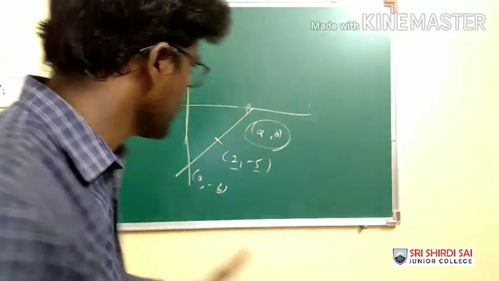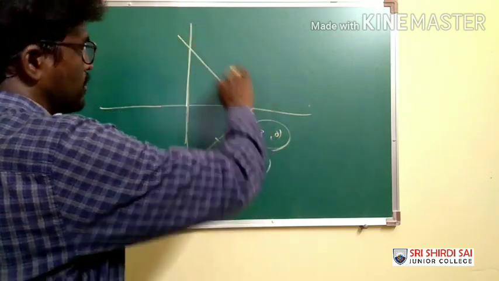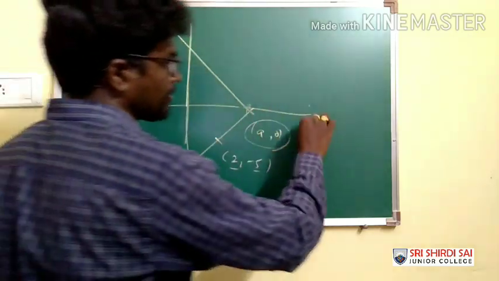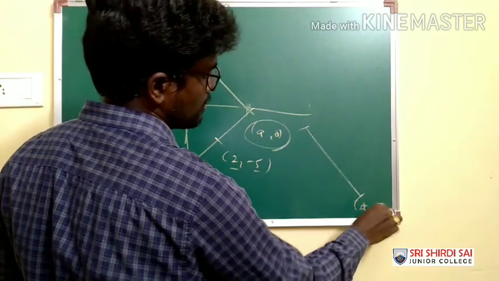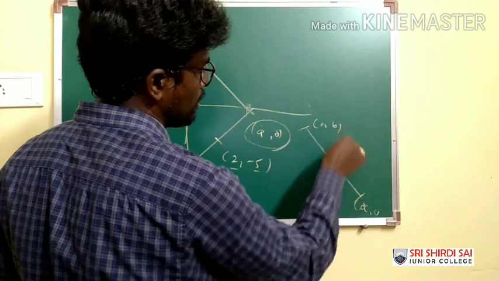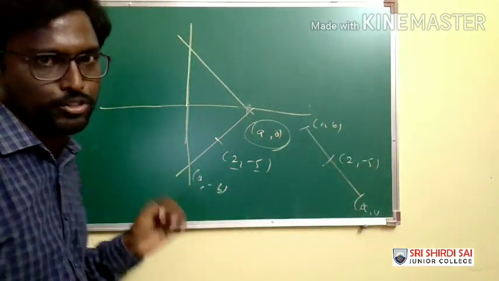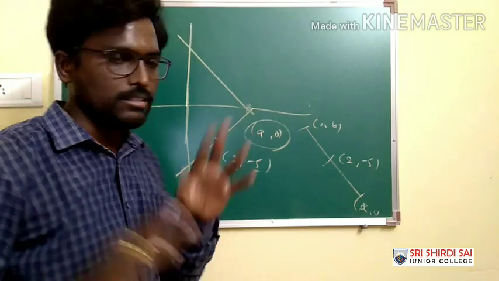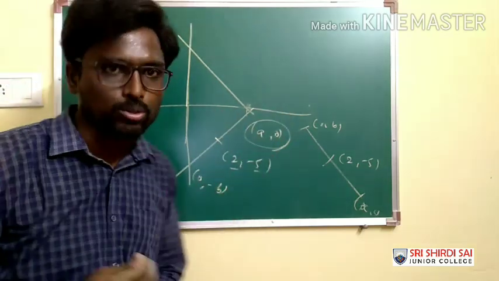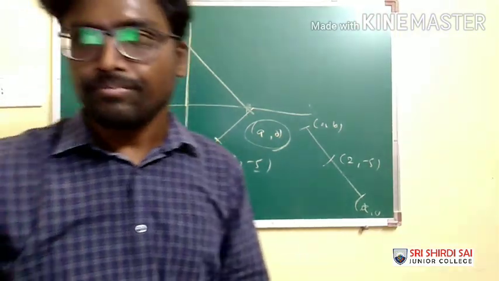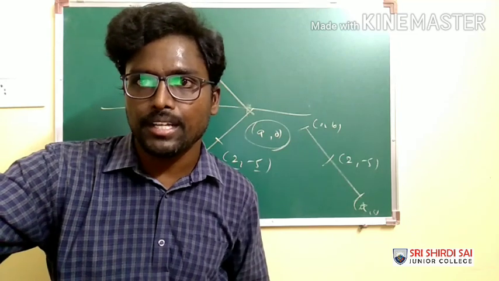I am telling you one more thing. If you are not aware, in the usual manner you can take it in the first quadrant, or simply make the figure something like this, where this point is a comma 0 and this point is 0 comma B and the midpoint is 2 comma minus 5, and you can apply the formula, not an issue. But since it's a basic question and we are aware of where it lies, I have taken it directly in the fourth quadrant. Next. So what is the required option? Option D.